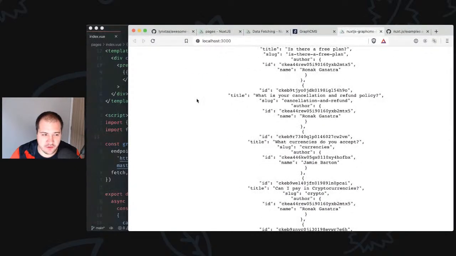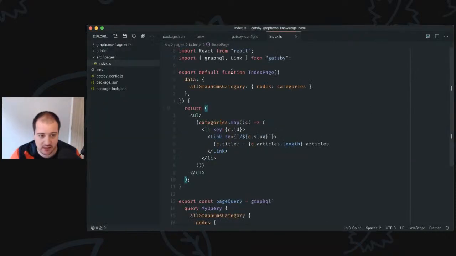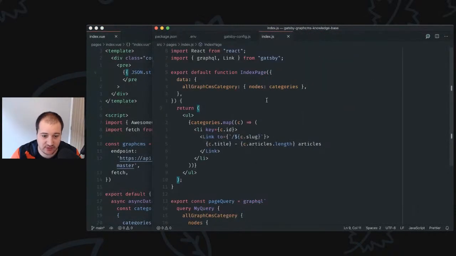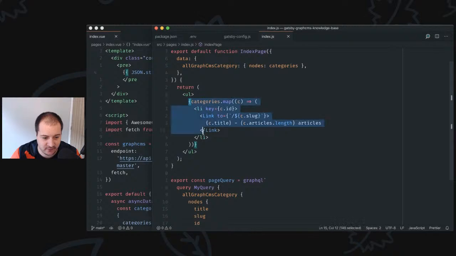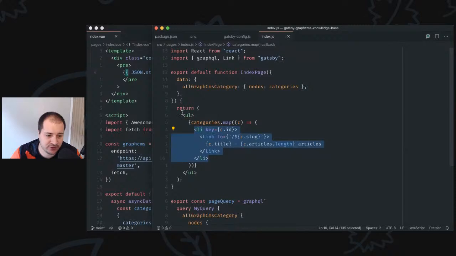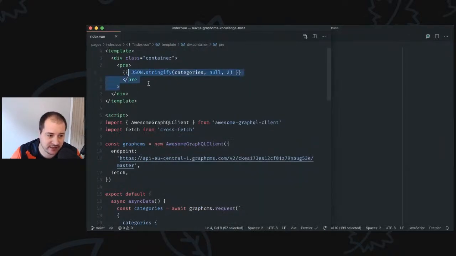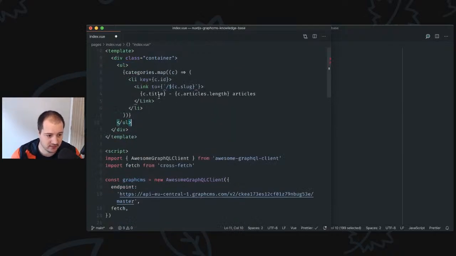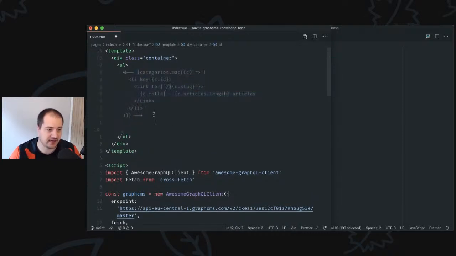So on the stream we did yesterday, we had an index page that iterated through our categories and then created links to each of the pages, right? So let's do the same. We'll just do the very same here. So let's copy and paste this, and this is not going to work, but it gives us a good structure to go from. So let's just copy that, comment that out, and